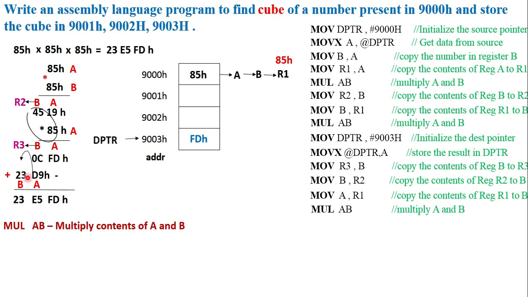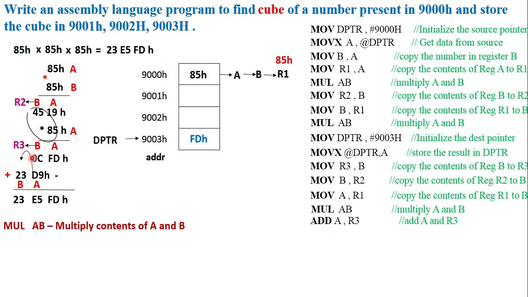So finally all the partial products are obtained. Now it's time to perform the addition operation. What is the rule for addition? The rule for addition tells us that the destination must be the accumulator. So the first addition is between the contents of the accumulator and the contents of B which was put in R3. So we need to add A with the R3 content over here. So the instruction to add A with R3 is ADD A, R3. We need A to be the destination. The accumulator should be the destination for addition.